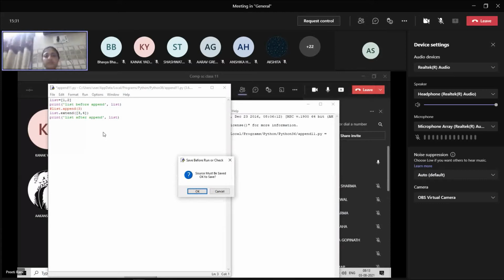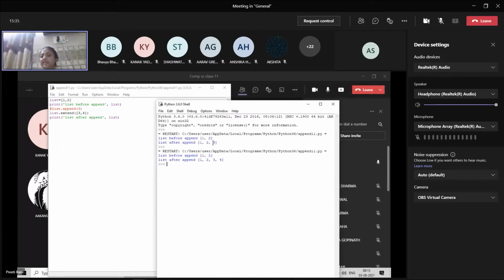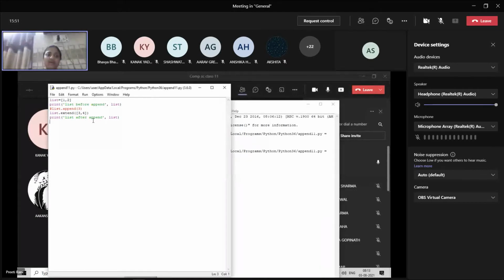It is adding only one value in the sequence, but in extend it's adding those values. Sorry, don't be confused in that, because I have not changed that. Okay, if we are doing extend, then we need to give extend here. So that's why it was not working accordingly.